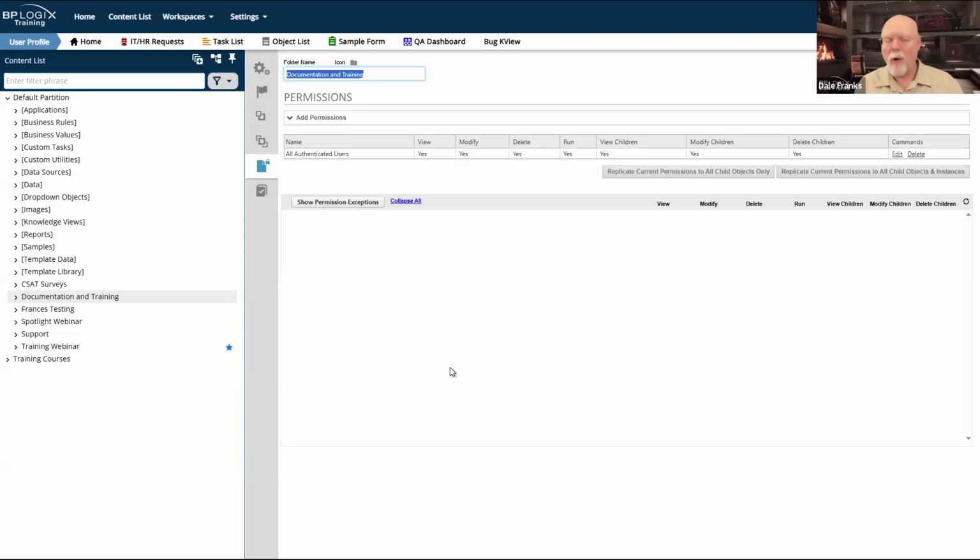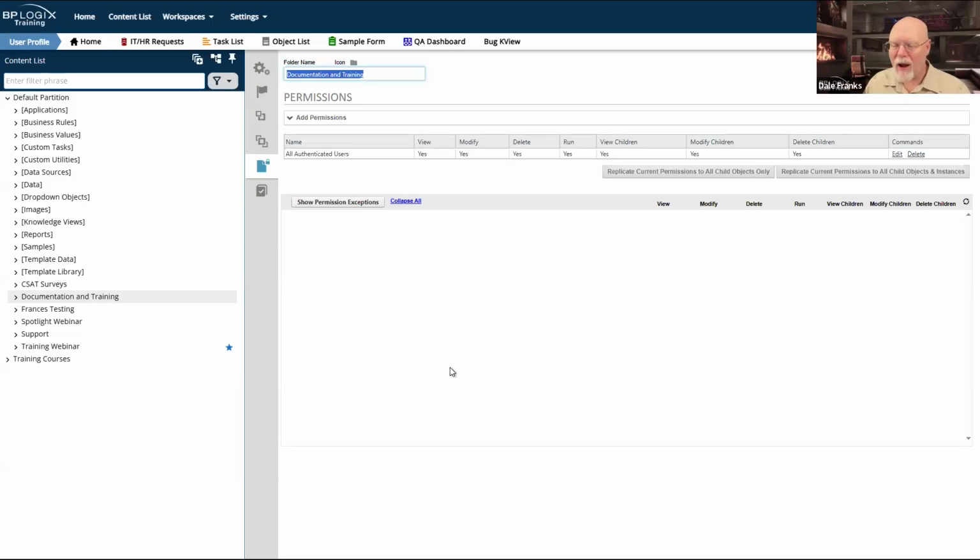Whenever you create a new form, process, timeline, what have you, they're all going to inherit the permissions that you placed on the folder. We really don't want to get into the business, especially over the long term, of trying to figure out what permissions go with what different objects. Trying to run permissions at the object level, especially as your content list grows, is just going to become an increasingly painful administrative task.